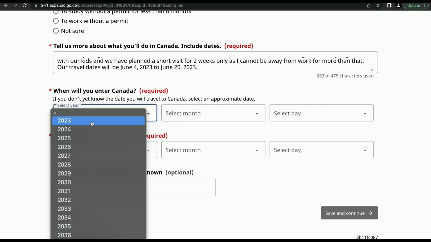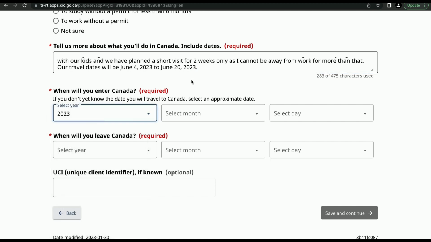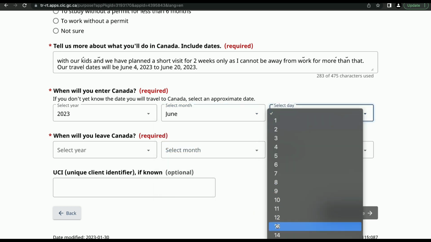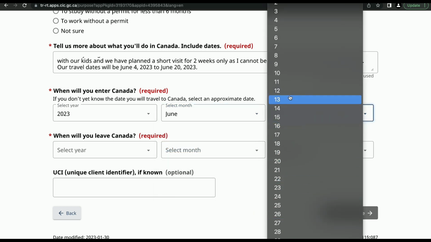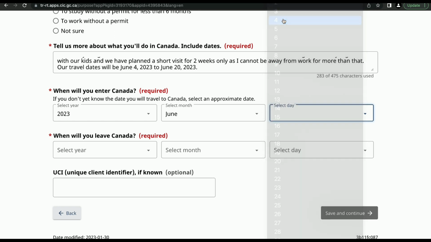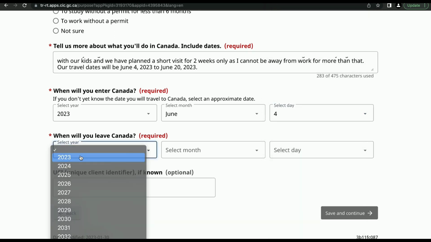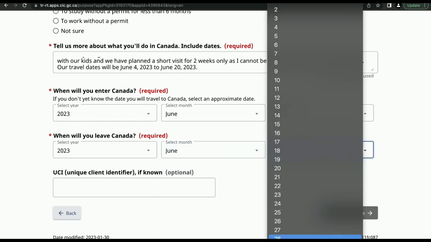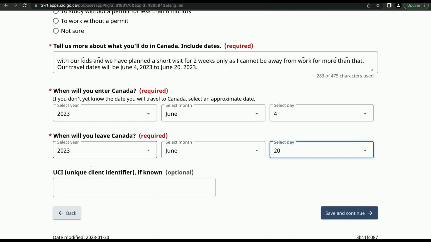Then when will you enter Canada? As we have already mentioned, over here we'll select the same thing. And when will you leave Canada? So that also. 20. And if you have a rejection earlier, so make sure that the UCI number, whatever was given to you earlier,